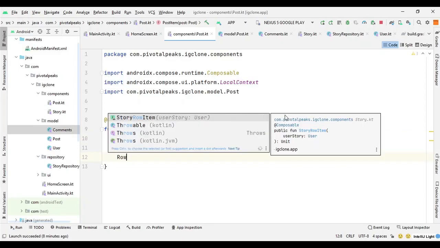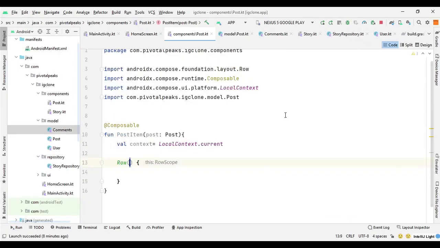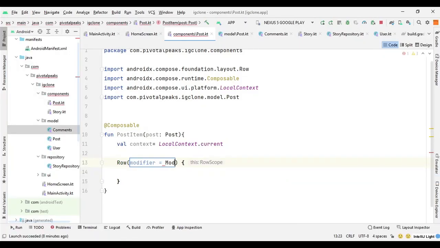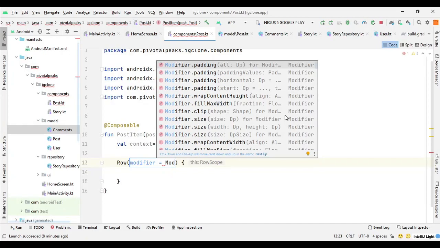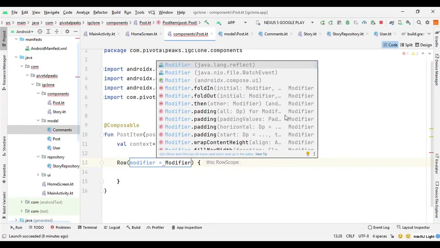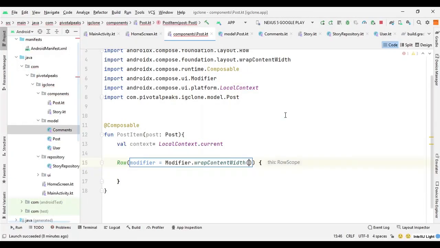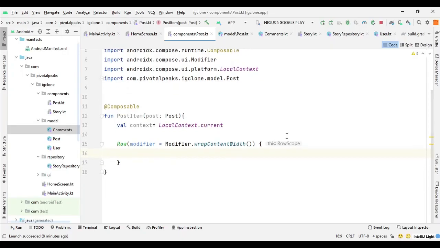So let's create the first row of our items. So we will say row, and it's going to require some parameters, some properties. So we will say modifier equals modifier dot wrap content with. Now we can declare our three items. So the first is going to be an image of user.